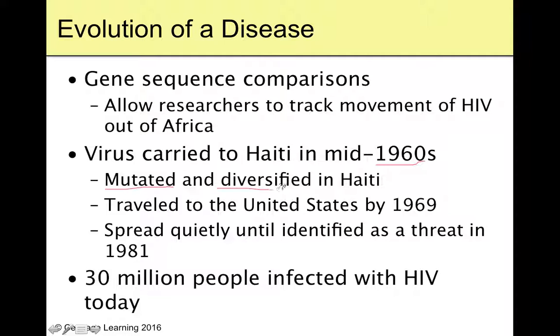It's going to mutate. It's going to diversify in many, many hosts of people in Haiti, and it only takes one or two of them to travel to the United States. They get to the U.S. really only about 9-10 years later, and then pretty much it spreads quietly throughout the U.S. without us taking too much notice till about the early 80s, and it becomes mainstream news, and then we kick into a whole bunch of research about retroviruses and how we can stop them or slow them or keep people alive longer with AIDS and that kind of stuff.